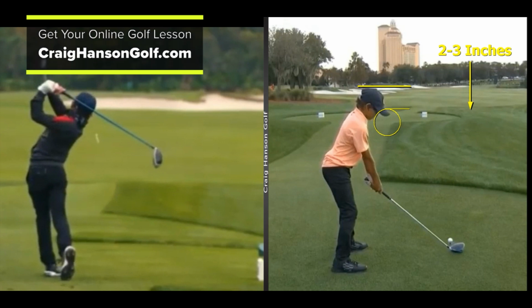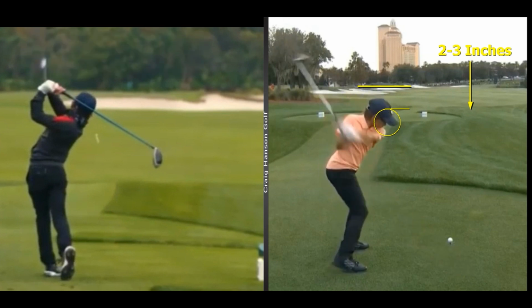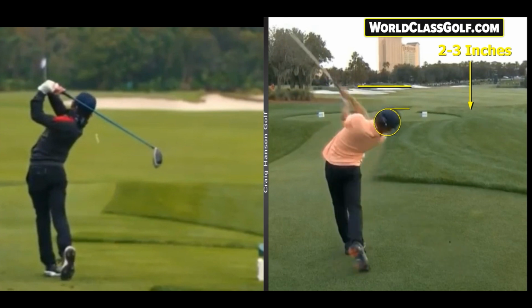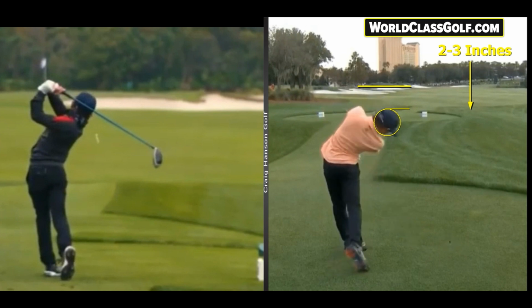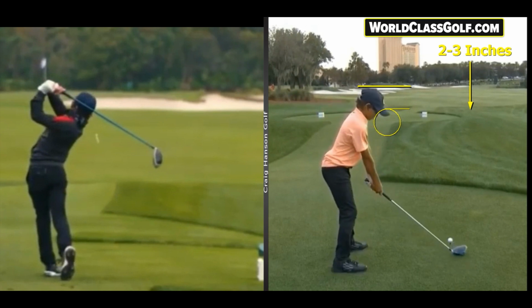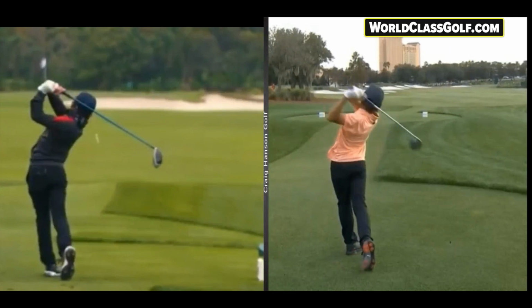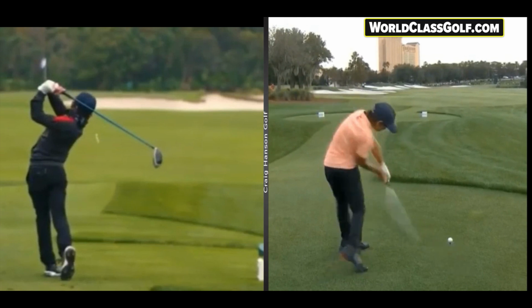But you're looking at 2 to 3 inches, but that's a lot more, isn't it? So you're seeing that head. Watch that drop down. And this is the thing with great ball strikers, it bamboozles us, doesn't it? We wouldn't really see that. We wouldn't really notice these type of things when you're just letting it play through at normal speed. But the head moving down is an absolute mile. And so when you just play it through, you can see head movement, but you wouldn't realise that it's moving,